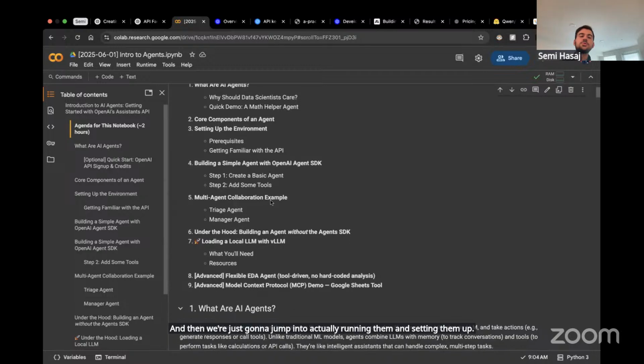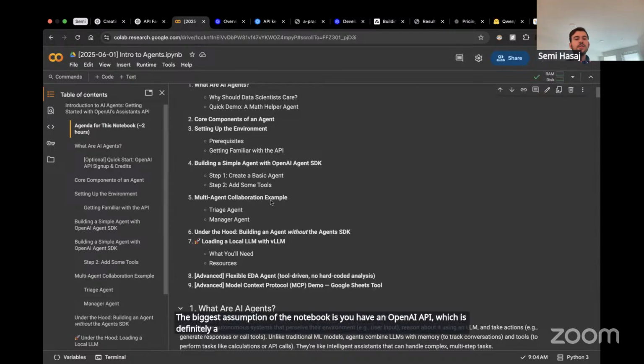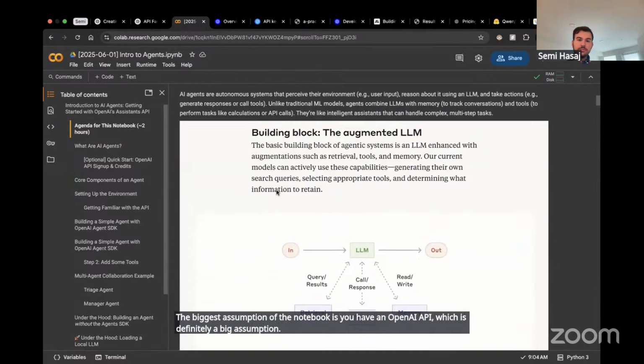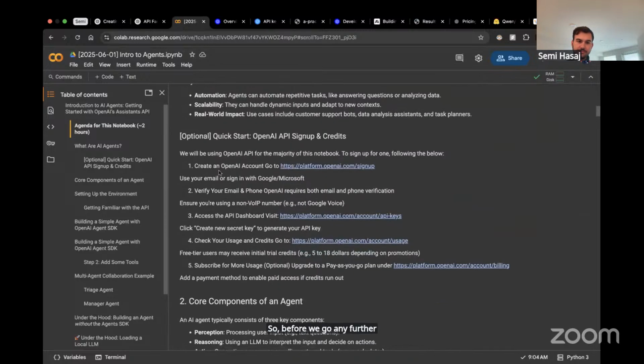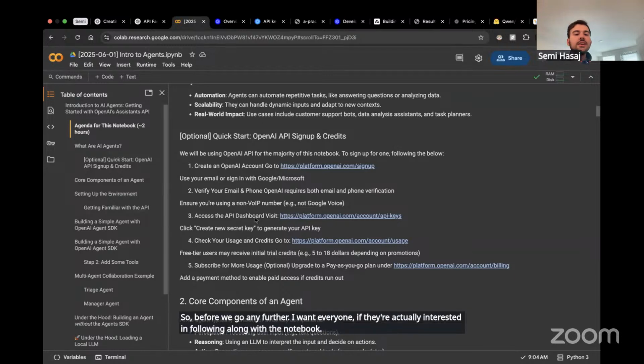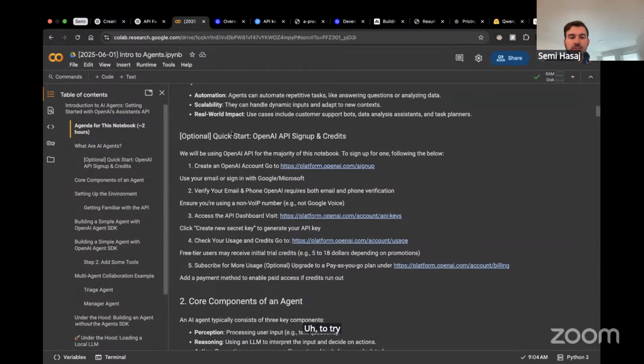The biggest assumption of the notebook is that you have an OpenAI API key, which is definitely a big assumption. So before we go any further, if you're interested in following along with the notebook, I want everyone to try this quick start to sign up for OpenAI, get an OpenAI API key and credits.